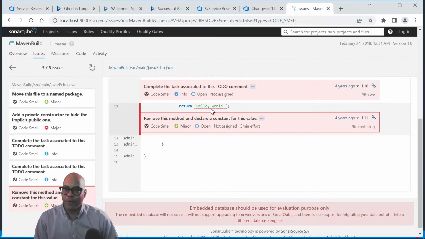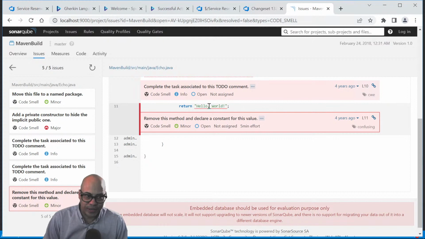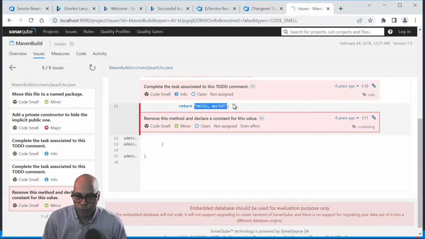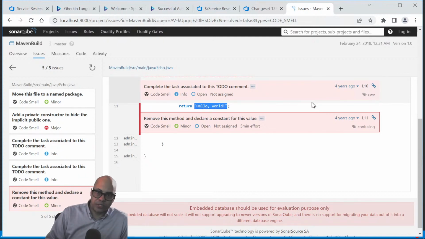Oh, you remember I said it doesn't like it when we pass literal strings? So here I'm returning a literal string, hello world. And what it really wants me to do is create a variable or a constant, store hello world in that variable or constant, and then return the variable or constant. The same thing would happen, a similar code smell, if I tried to call a method and pass hello world as a literal string instead of putting it into a variable first and then passing it on.